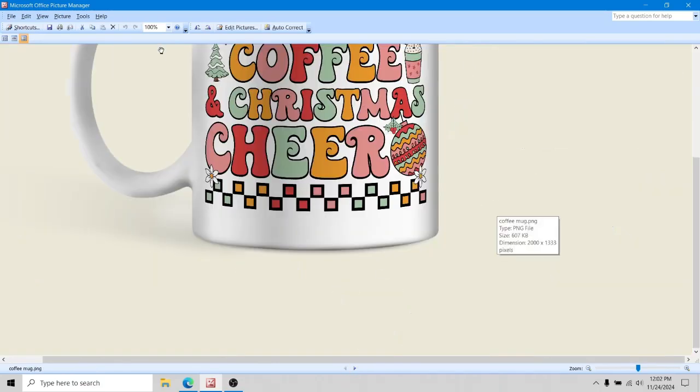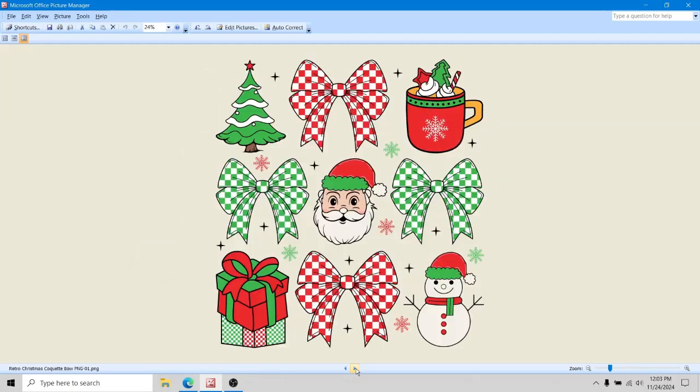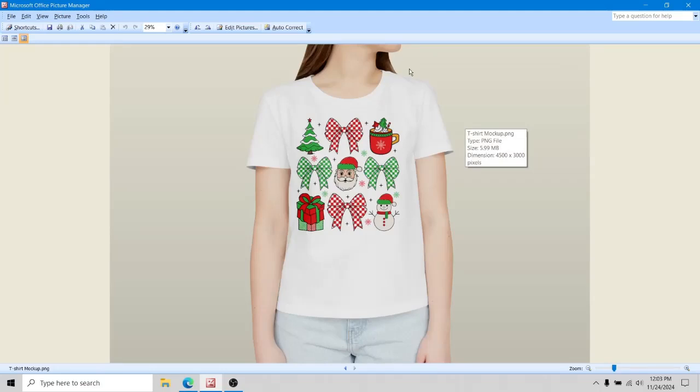So what I did, I put it on a mug right here, so you can see how this design will look on a mug, and it is a perfect quote for a mug. "I run on coffee and Christmas cheer" is a very nice design to put on a mug, and you can give it to a person who likes coffee and Christmas. And the other design I used was this 9 element design with crochet bow,